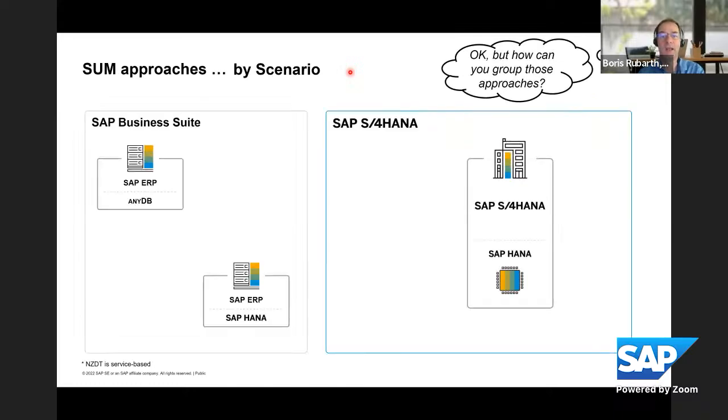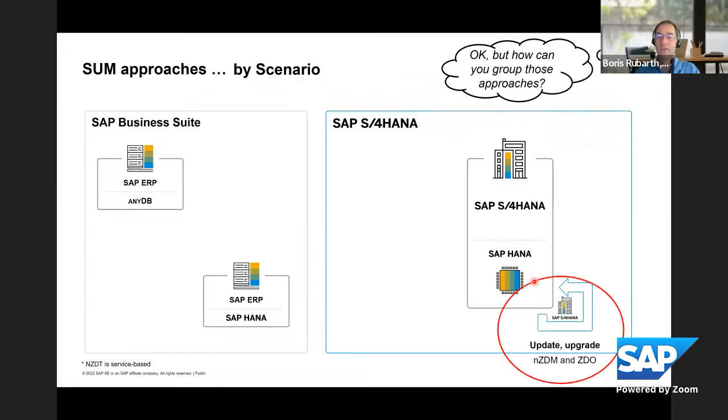That's the question. And now the idea is to group where we have the old world of the SAP Business Suite with ERP and other components, and we have the new world, the new product family, SAP S/4HANA, which is always running on the SAP HANA database, of course. And now we're going to see some areas where we think we can group those technologies, those approaches, and those features. So starting with SAP S/4HANA, the update and upgrade technology that the Software Update Manager is offering, in case you do have an SAP S/4HANA system, you would like to update or upgrade this, then you can use the standard approach, or you can use near zero downtime